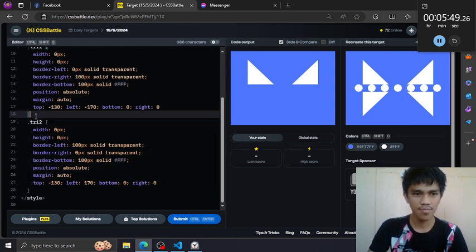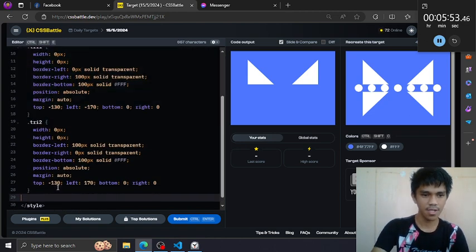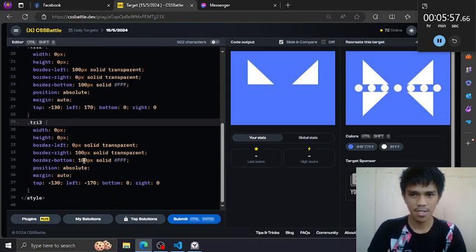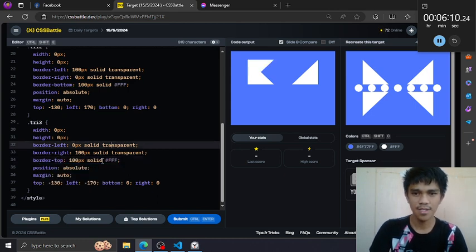Now, to create the bottom part of this triangle, let's copy this triangle 1 and rename this to 3. The base of this triangle is on top, so let's change this to top instead of bottom, and let's push this to the bottom.